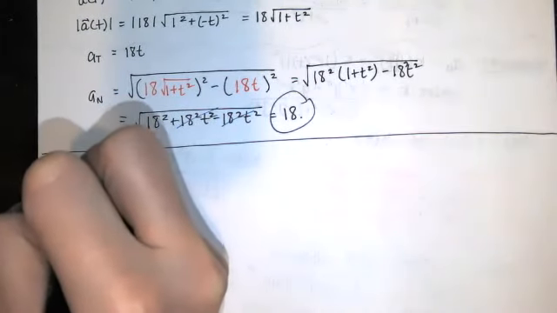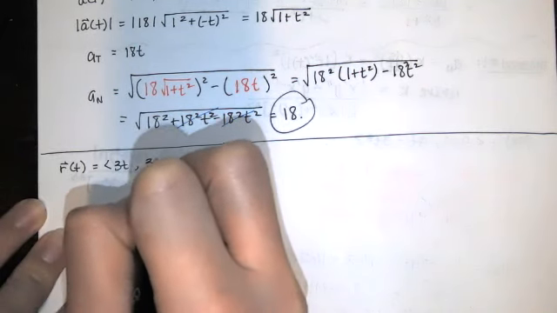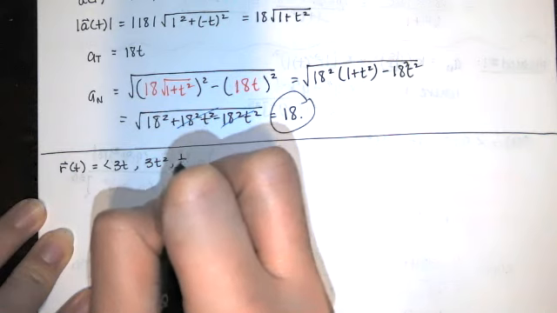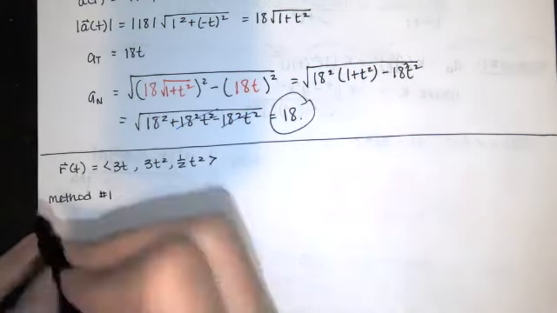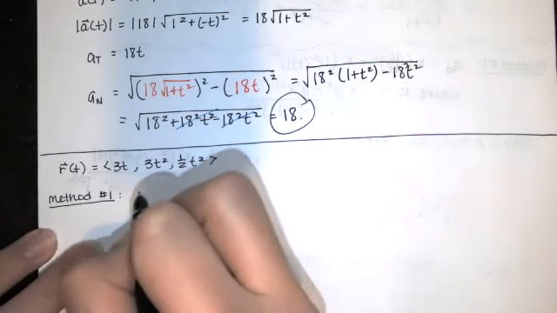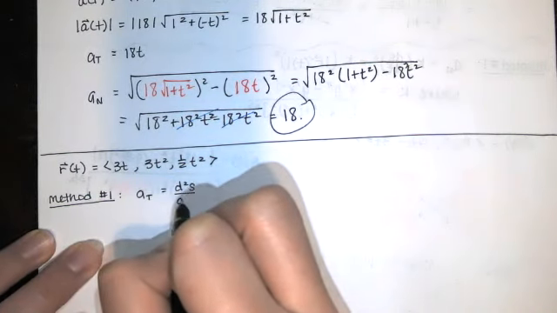So you have r of t is 3t times i hat plus 3t squared times j hat plus 1/2 t squared times k hat. And for our first method, we'll use the formula that they suggested. So we'll use the second derivative of